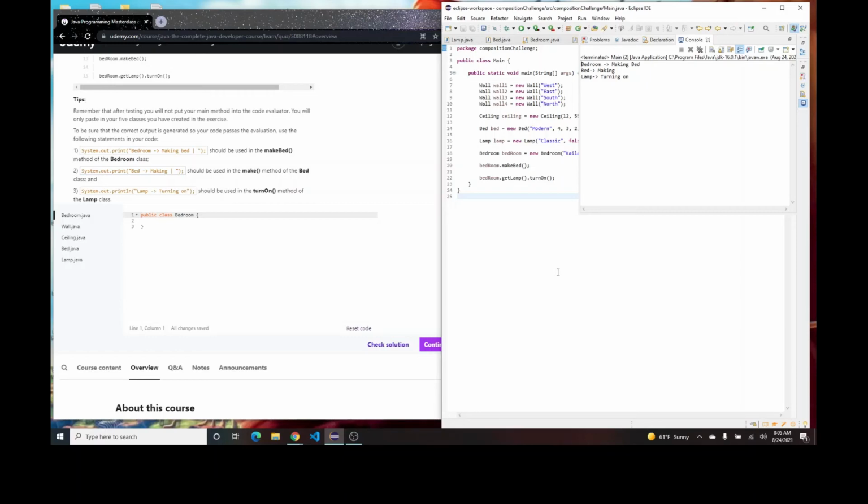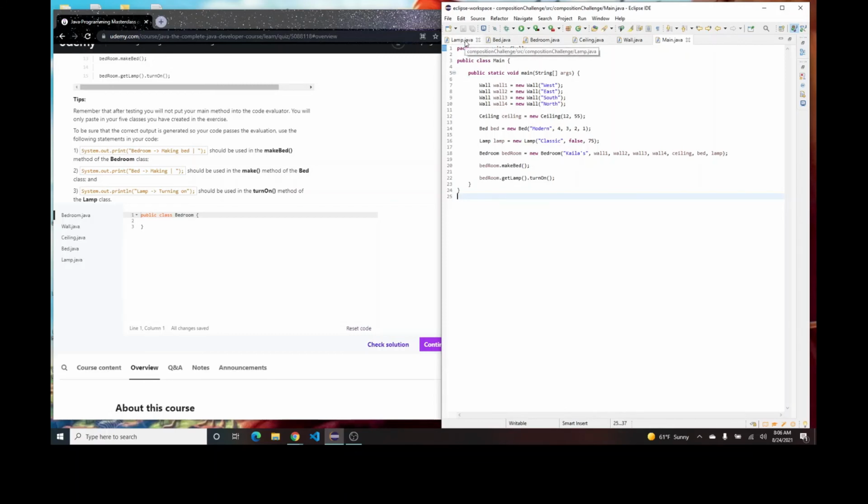you go in the bedroom. First thing you're going to go to the bedroom is you're going to go start making your bed. So when you go start making your bed, it will switch to the bed class, and it's saying, okay, yes, you are making your bed. And then once your bed's made, you would decide to turn on the lamp. It doesn't make a lot of sense, of course. They can be printed out in different ways, but this is the way that Tim wanted to do this, which